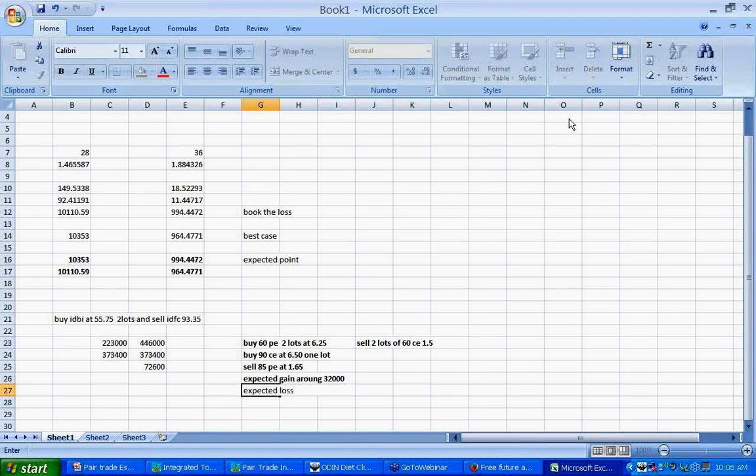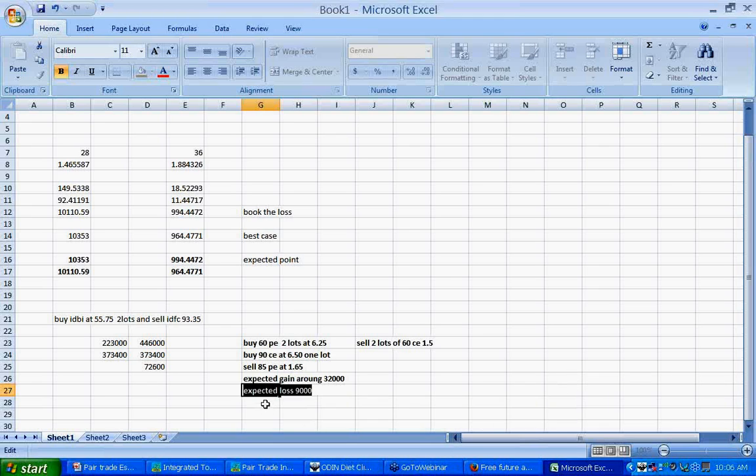So 2 rupees 25 paisa plus 1 rupee 65, into 8,000. So you have expected loss around 9,000 rupees. Expected loss if the trade doesn't move in any direction will be 9,000. Rough estimate, exact estimate you can also do. Expected loss 9,000, expected gain around 32,000,